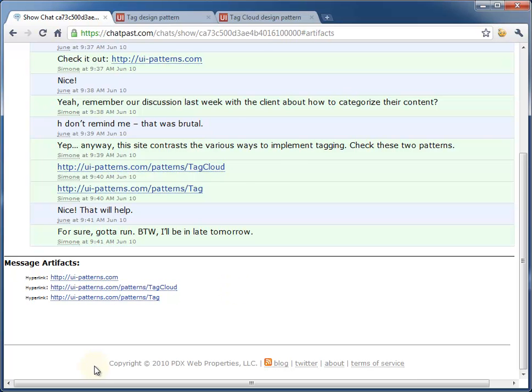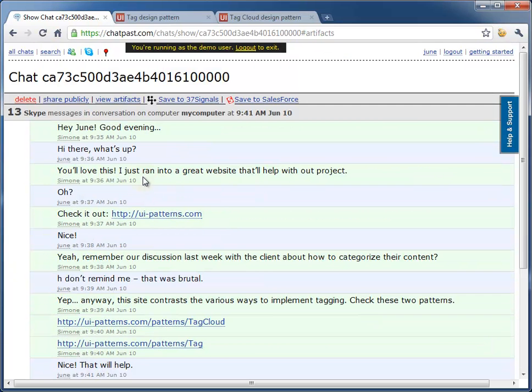Going back to the top, we can also share this chat publicly on the internet. Presently, even though this chat page has a unique URL, it is not accessible to anyone other than yourself. We can make it publicly accessible on the internet by choosing to share it publicly. So we click this link,